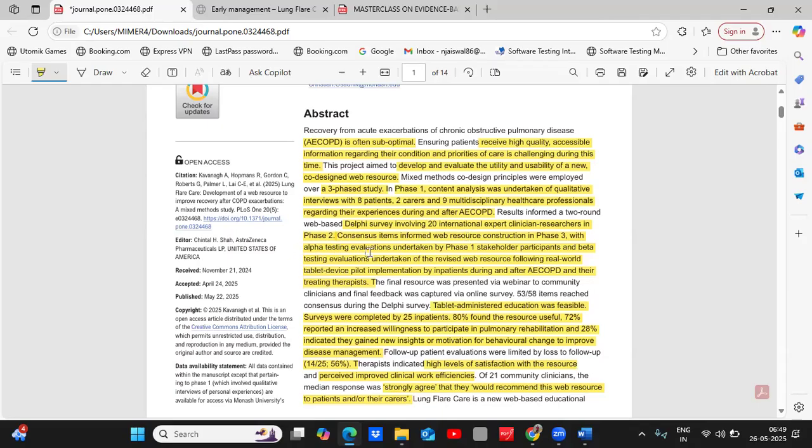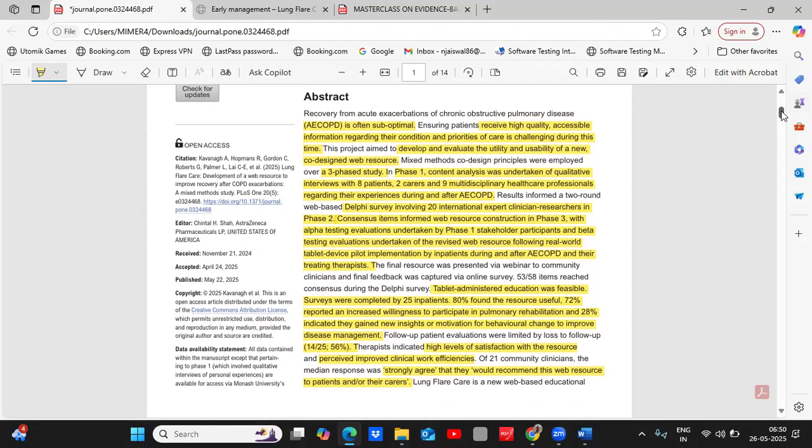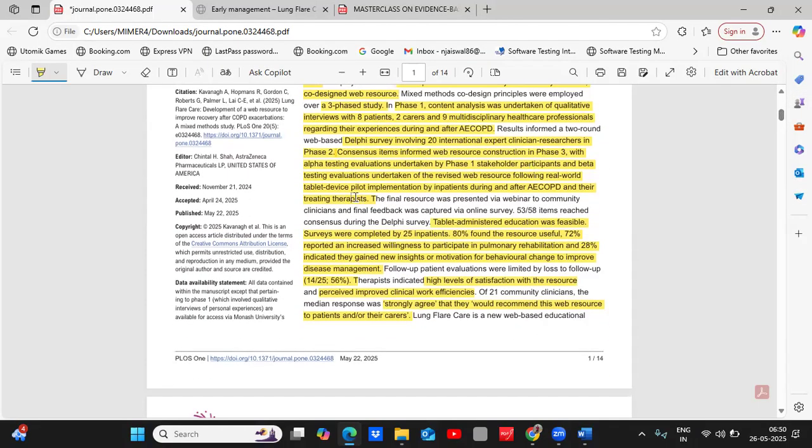That means the alpha testing evaluation was undertaken by the phase 1 stakeholders. Who were the phase 1 stakeholders? 8 patients, 2 caregivers, and 9 multidisciplinary healthcare professionals. They tested whether the information was covered or not, and testing was also undertaken by the patients. The final resource was then presented via webinar to community clinicians, and final feedback was captured via an online